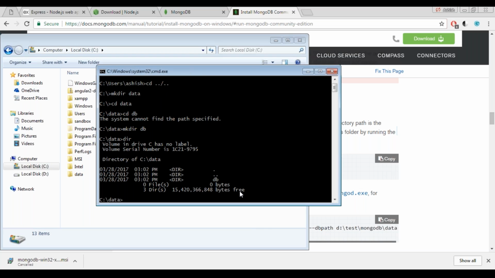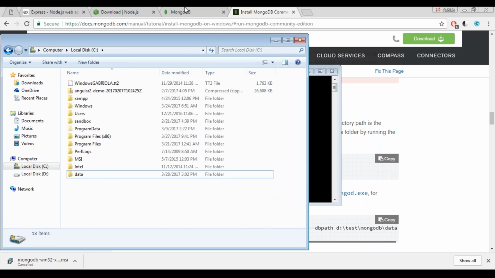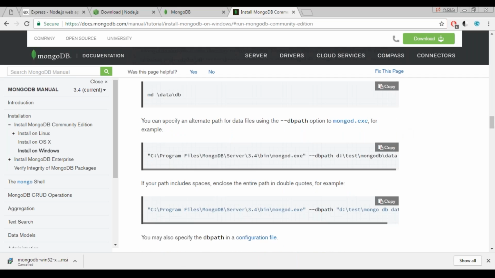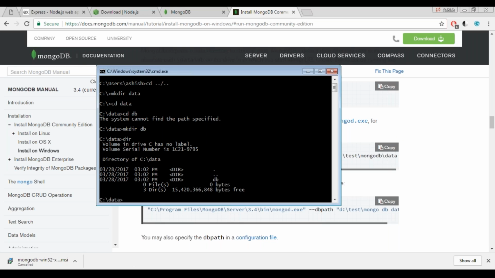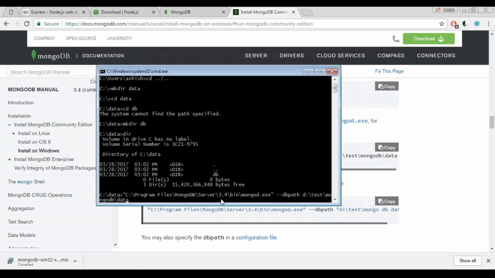So yeah, DB has been created. Now the next step is to tell MongoDB that this is the path where the data for the database will be residing. I'm going to copy this command and paste it here. I'm going to change my path,